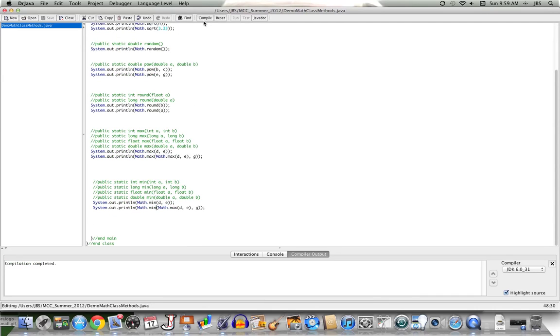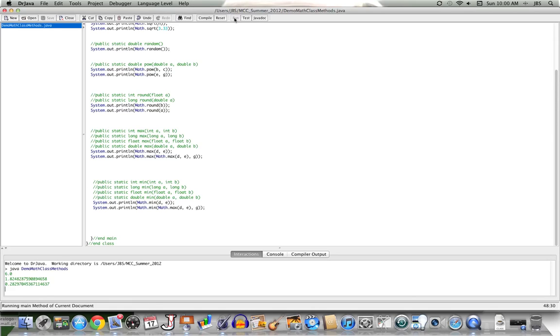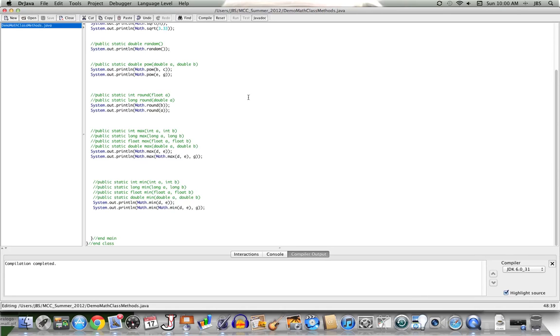So let's see how this compiles. And then we'll run it, and I should have as the last 2 numbers printed to the screen should be 1s. Oh, it's 2, because I've made a mistake here and not corrected that to be min. So let's try that again. Here we go with compile, and then we'll run. And now I do indeed see that the last 2 numbers printed are 1. The min of D and E, and then the min of the result of min D and E, with G